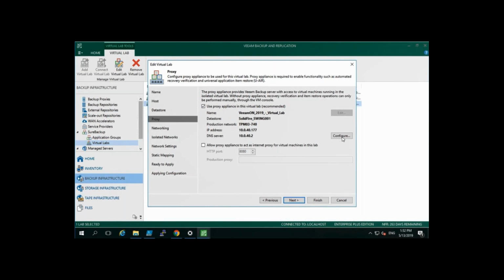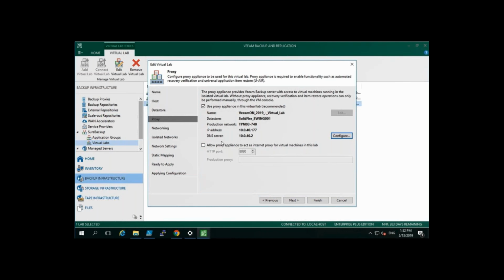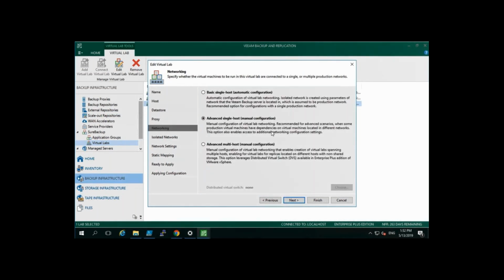We've been talking about this before. Here's the initial configuration for this proxy component with its IP address, outside external IP address, and the production network. Then you need to specify the networking piece. We have 3 options. The first is basic single host. That's automatic configuration. It's suitable only when you have just one virtual network inside. Usually I recommend leveraging the second one, advanced single host. That's manual configuration. It gives you more flexibility in configuring what you have, and it's really nice. So if you have a number of networks and you need to reflect them in your isolated environment,